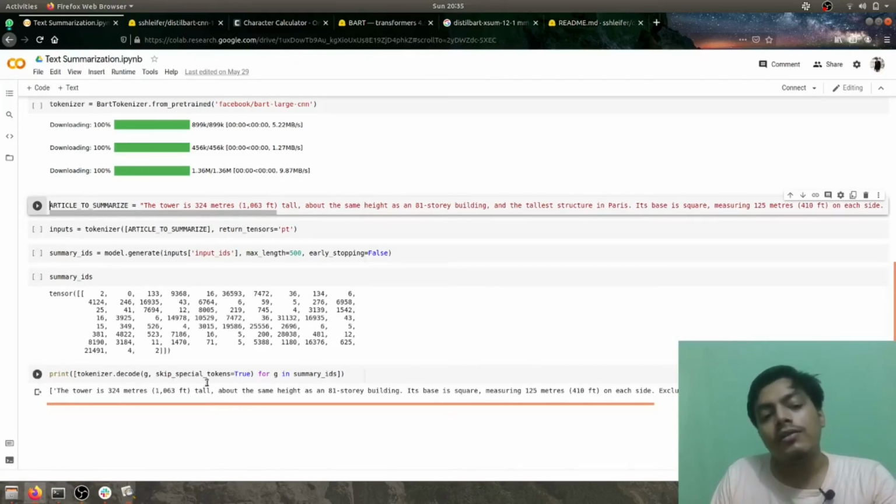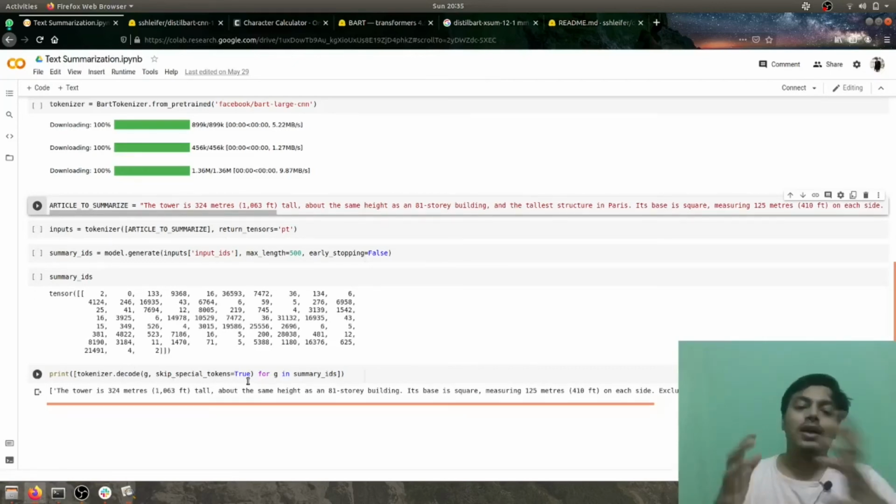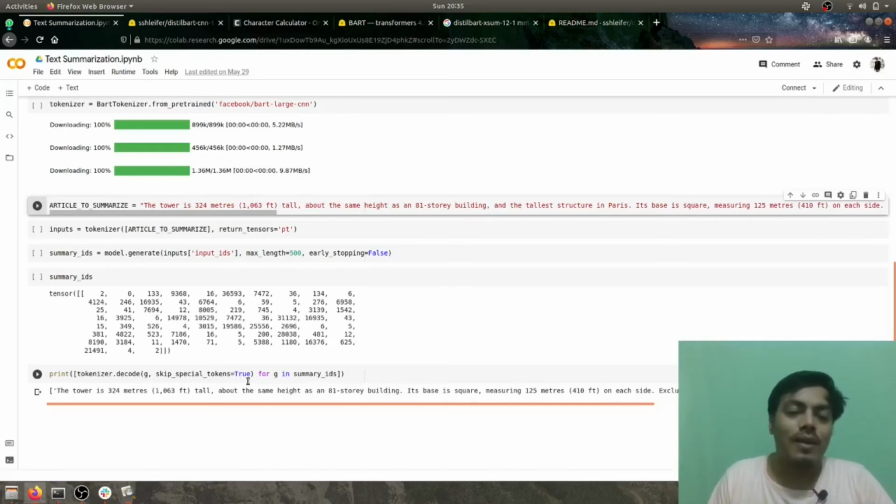The skip special tokens parameter is true. Special tokens are things like CLS, SEP, and different kinds of tokens which are used by BERT internally for creating tokens and running the model. So I'm skipping those tokens. I think we have decoded it.